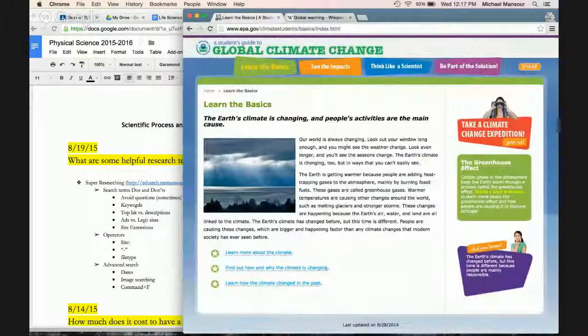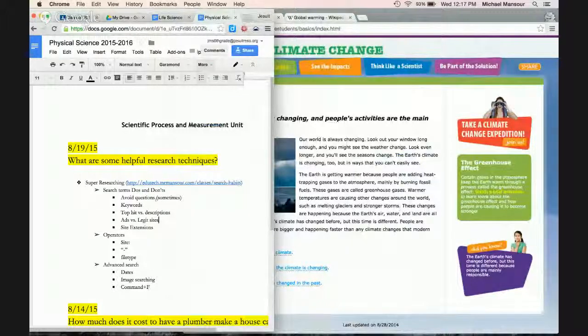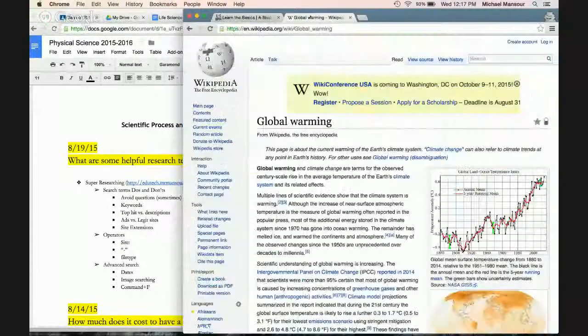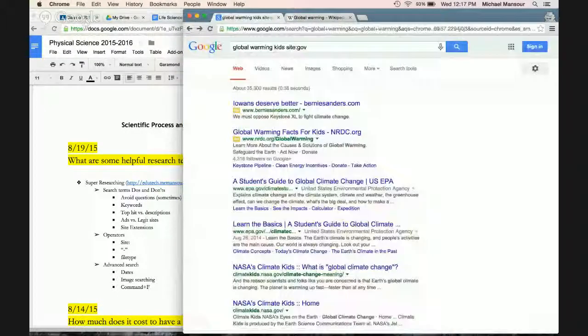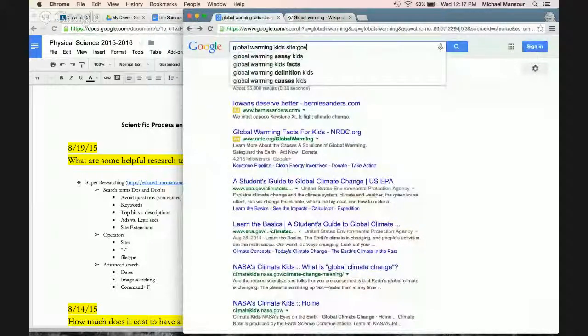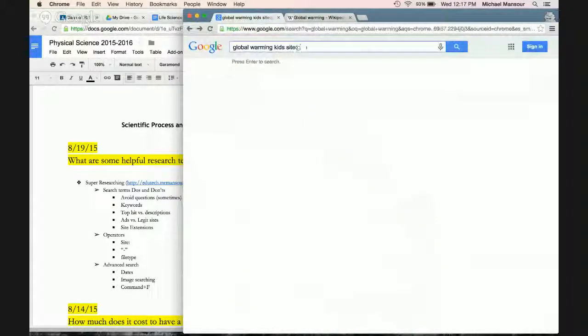Now I'm going to move on here. So we've talked about avoiding questions sometimes. We want to just use keywords. We looked at ads versus legit sites, and we used the site operator. So the site:/edu or site:/gov can be extremely helpful. So if I go back here to the search, one of the things I can do here is I can actually change this from site:/gov to